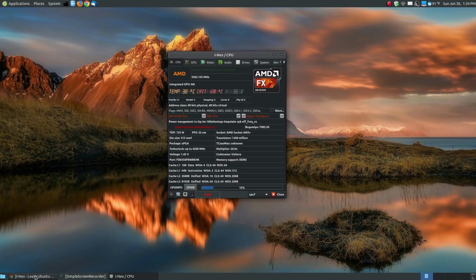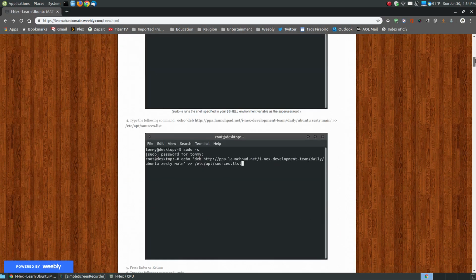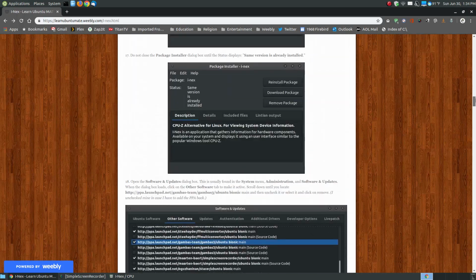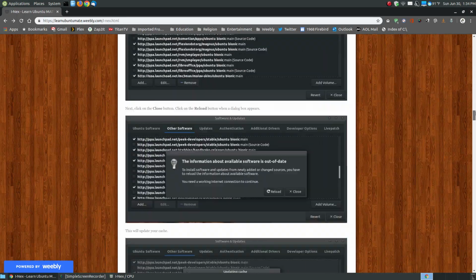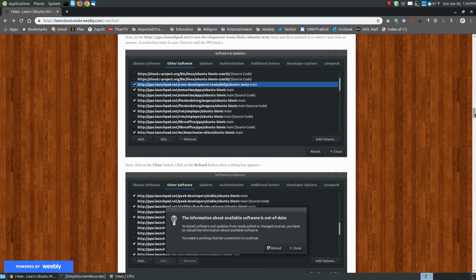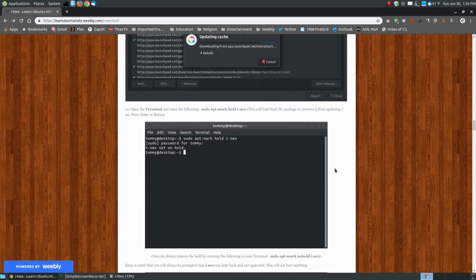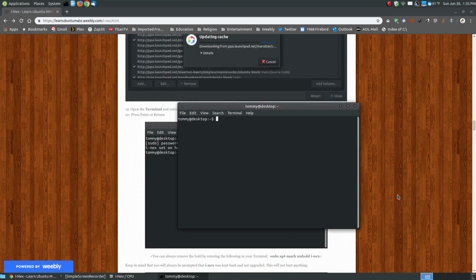So just remember before I end the video, in order to not get the current update, the newest one, after you take out your PPAs in your repositories, going to Software and Updates and taking it out, you need to run sudo apt-mark hold i-nex. So the next time you run an upgrade, I'll actually show you what it's going to display. I've already run sudo apt-get update before I started the video, so all I have to do is sudo apt